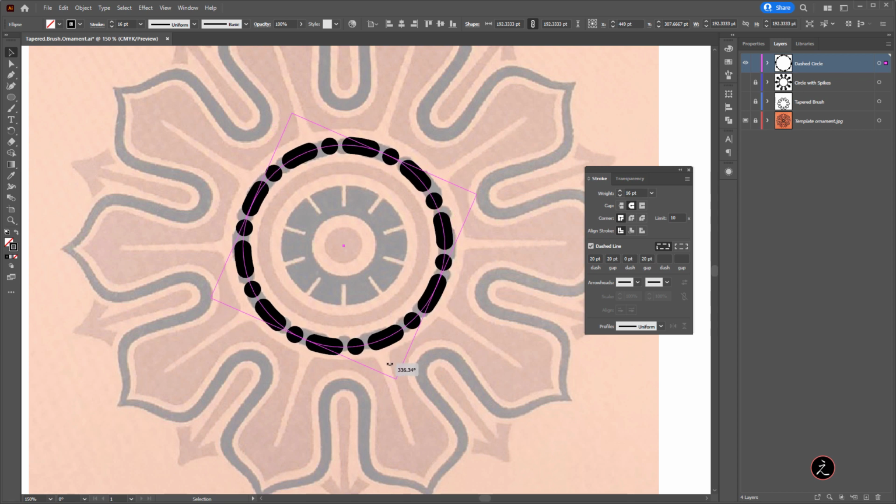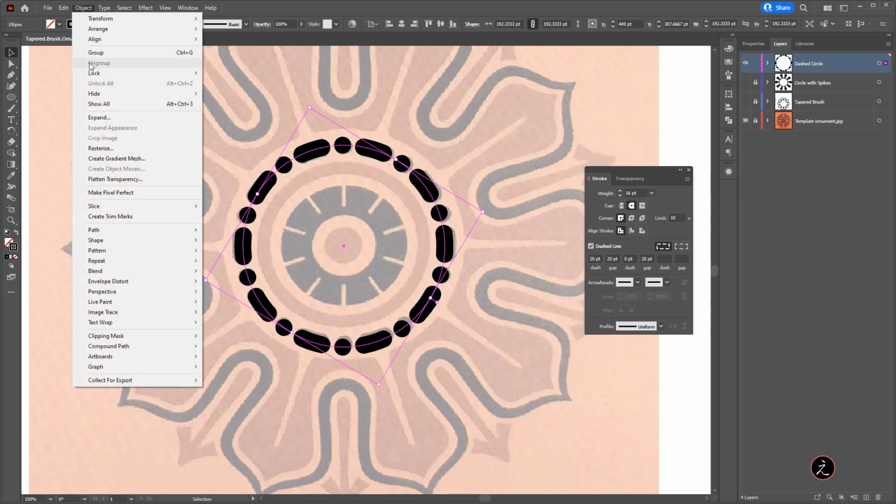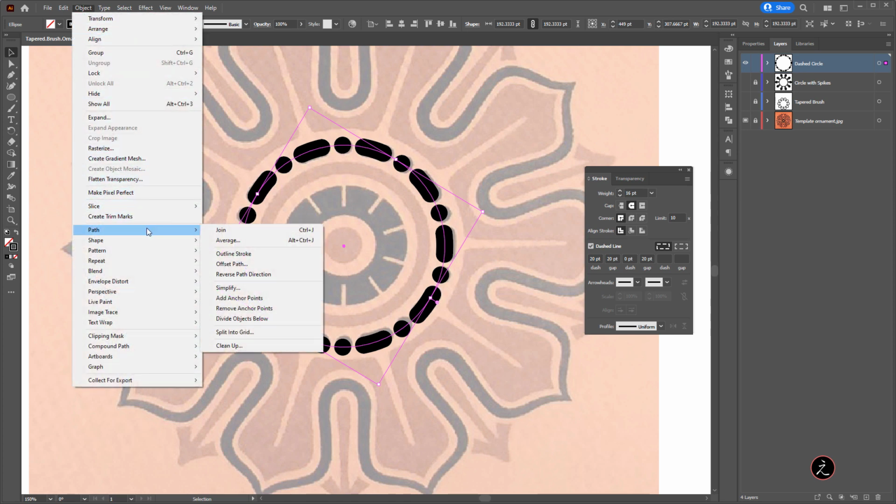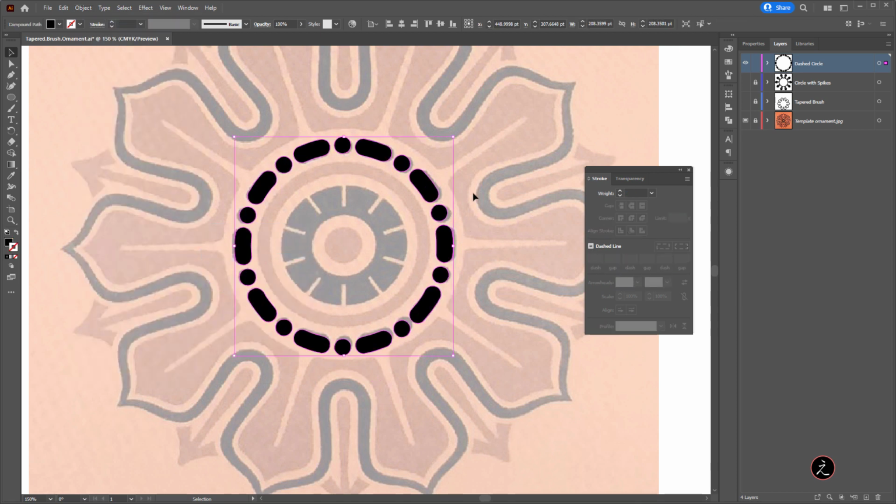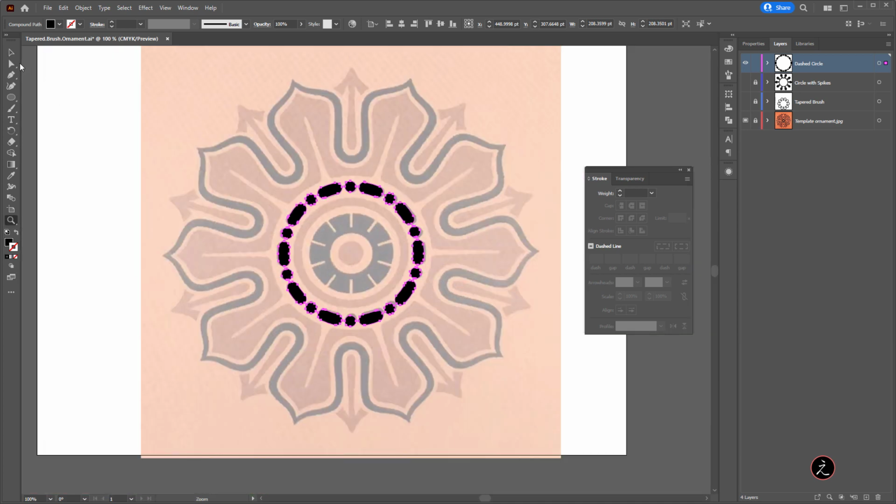Let me go ahead and zoom in a bit and just slightly rotate this to kind of match the original. And I think that is enough here. So this is one thing. Another thing I want to do is make sure that this is a path. Rather, this is an editable stroke. So I will go to the object menu and under path, I'll choose outline stroke. And now this is a path with colored fill. Let's go ahead and see that. That looks good.